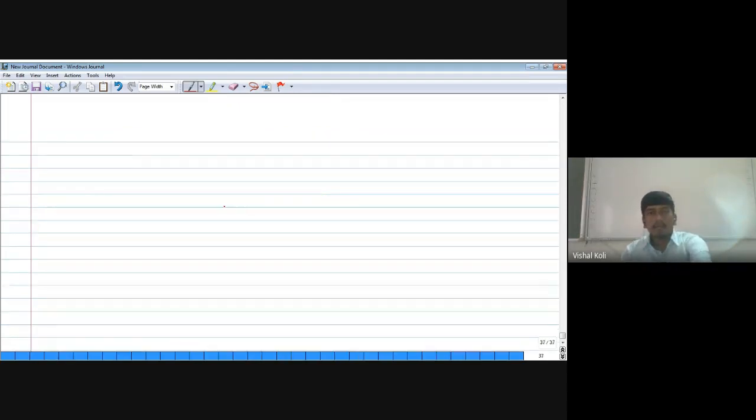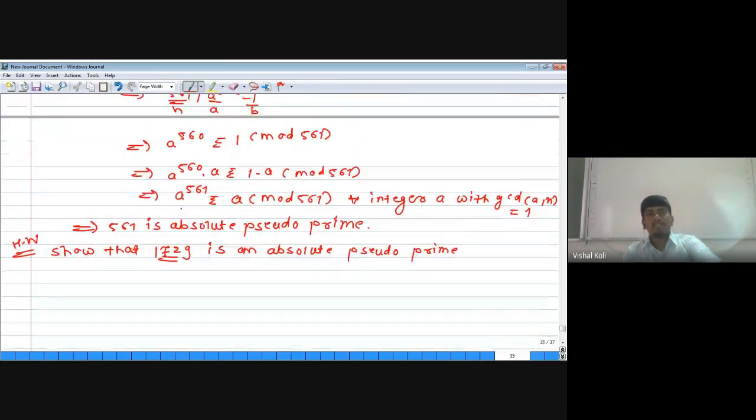Okay, whether 1729 is a prime number. The last digit will be 9. Then the numbers which divide this number, the possible numbers will be